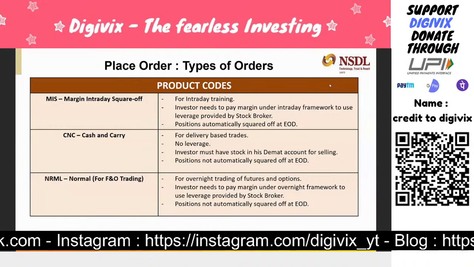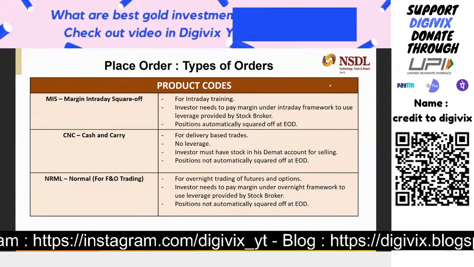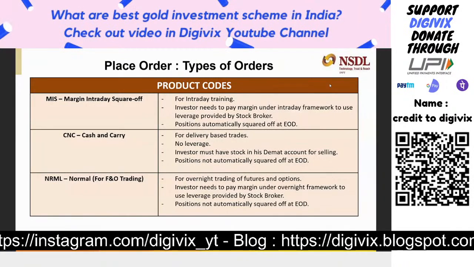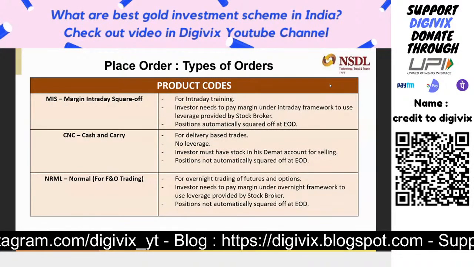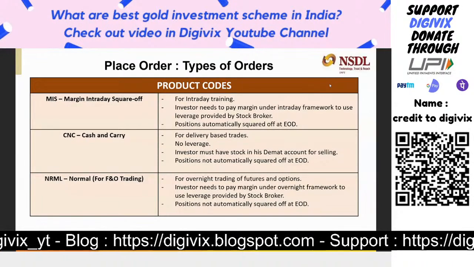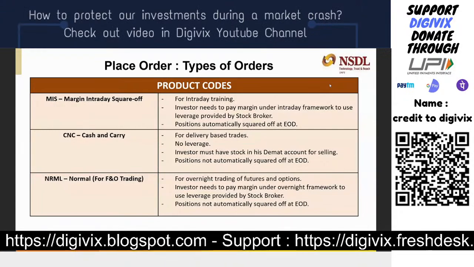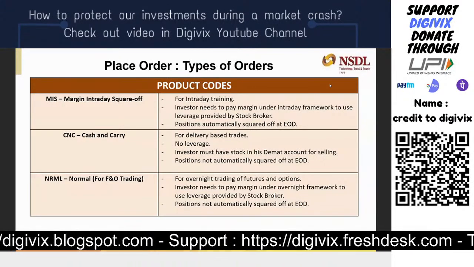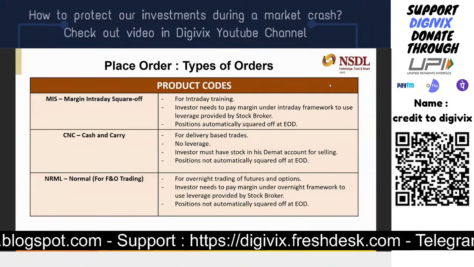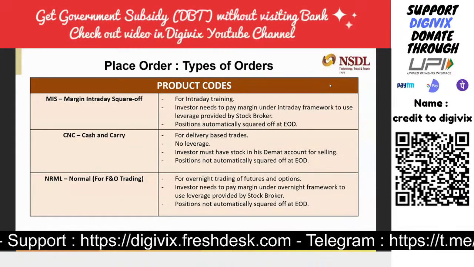You have 5 lakhs, you buy something for 5 lakhs, you go home. That becomes a delivery trade, and this is something which I would always suggest to a prudent investor. If I can take the liberty of time to explain the difference between a trader and an investor, because in most of the webinars I have seen that people